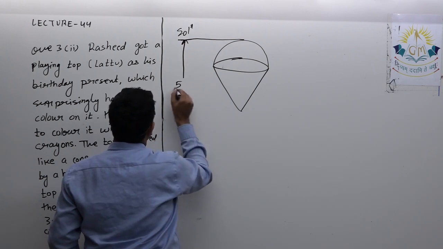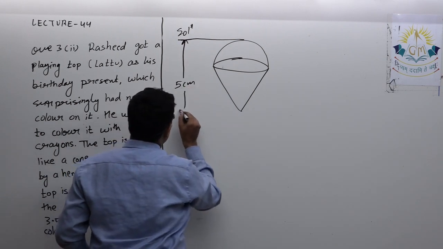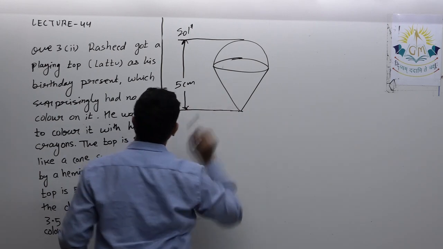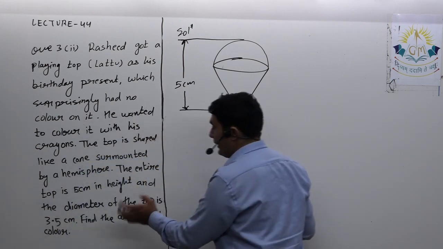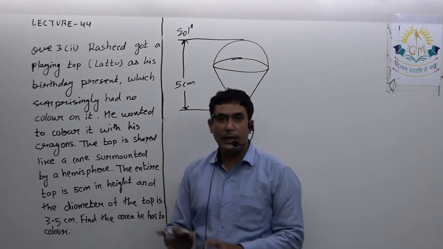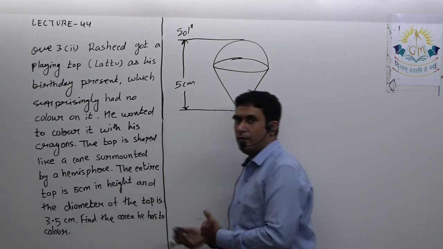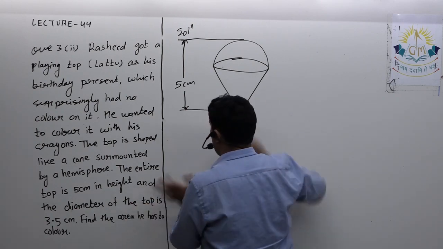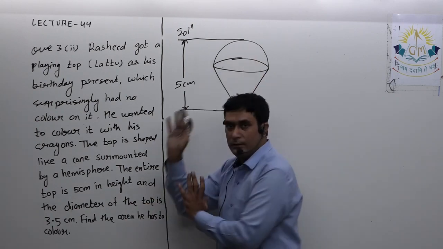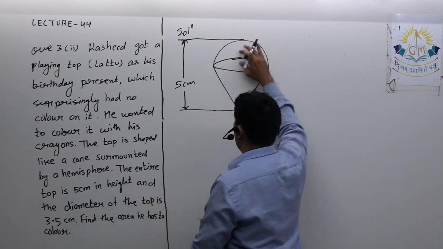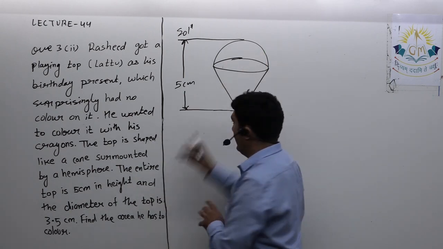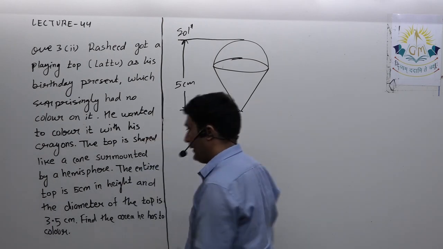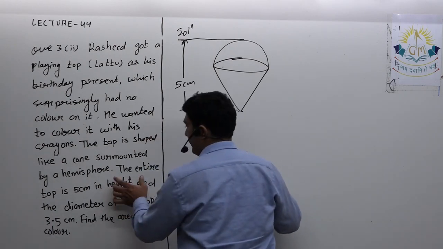5 centimeter. Now this is made up of two solid shapes. We can say cone and a hemisphere. So we need to find radius and height of both, whether we have to find CSA, TSA or volume. So I'm not reading the question further. First I'm trying to get the radius. For this hemisphere we just need one dimension, radius, and for this cone we need radius and height, or might be slant height. So let us see what further it is given.